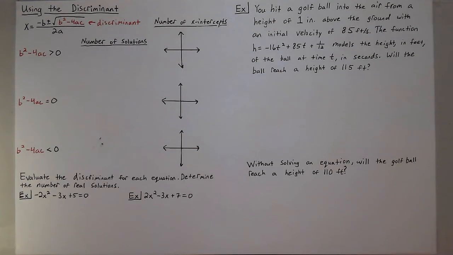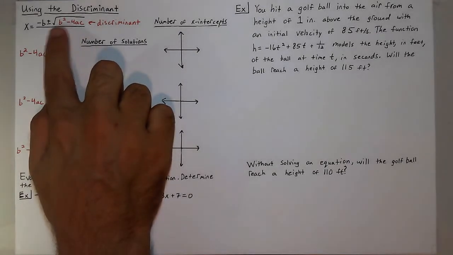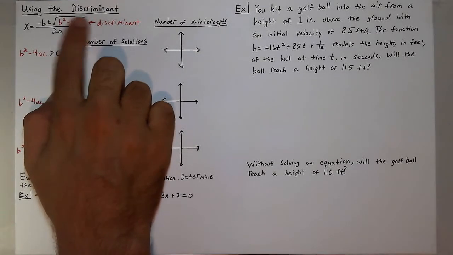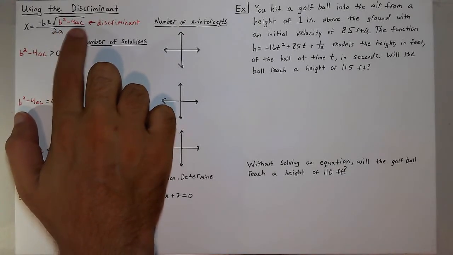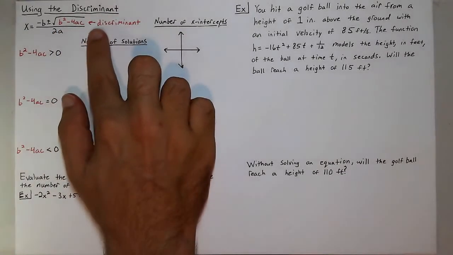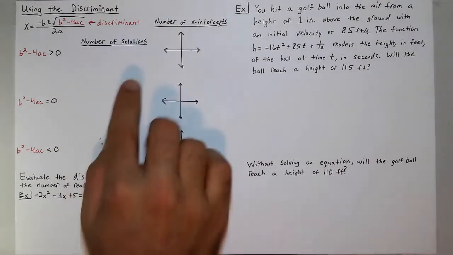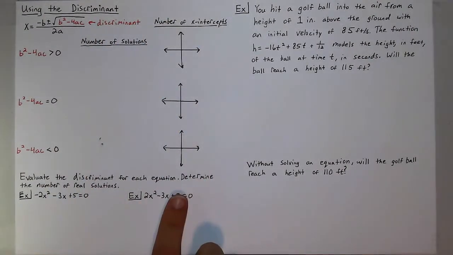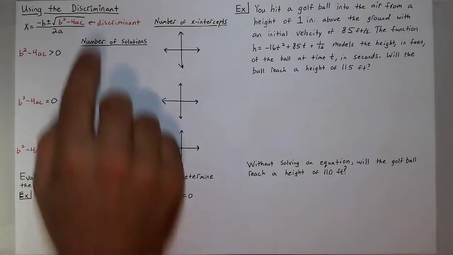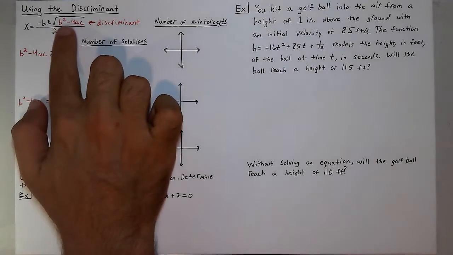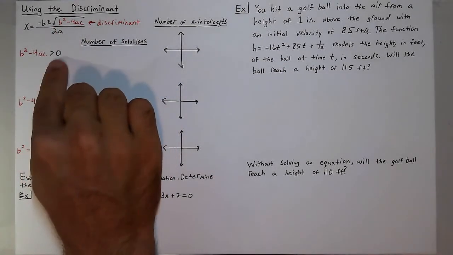In this video, we are going to learn how to use the discriminant. The discriminant is that little expression underneath the radical in the quadratic formula, which is b squared minus 4ac. The reason why they call this the discriminant is because it helps you discriminate between different quadratic equations and how many real solutions they have. Now what that means is if b squared minus 4ac is a positive number, then we